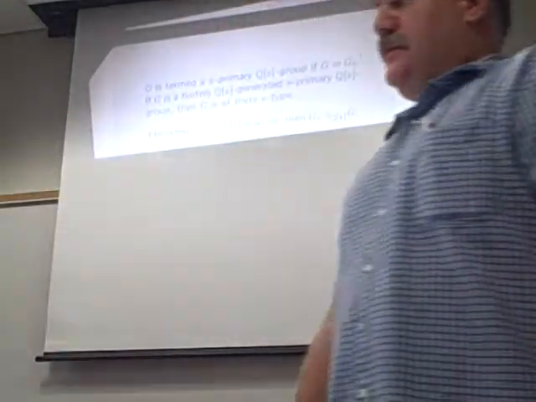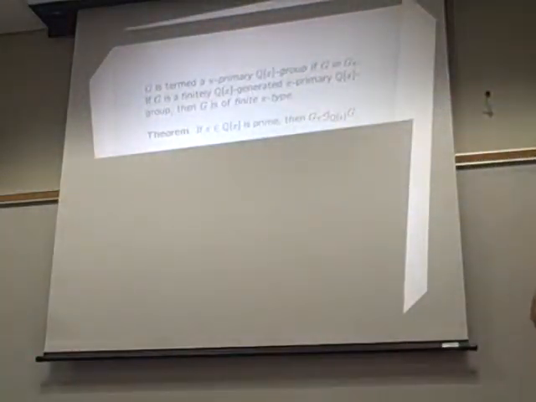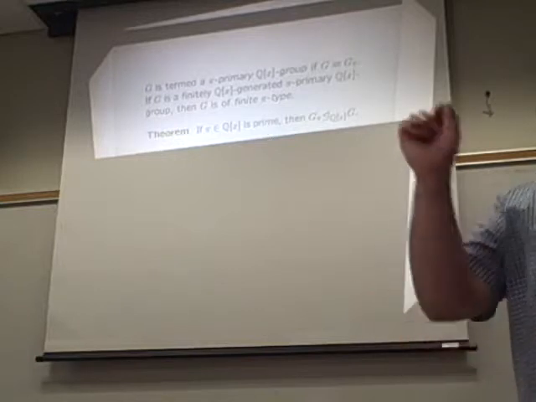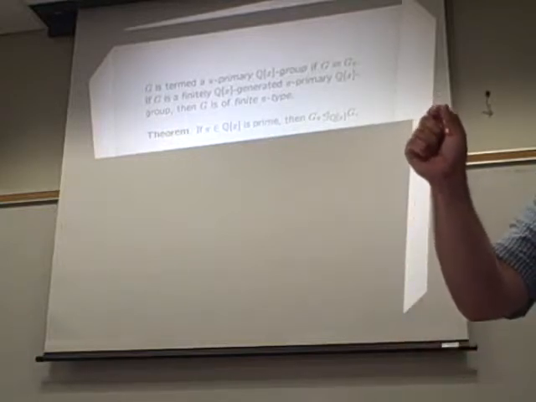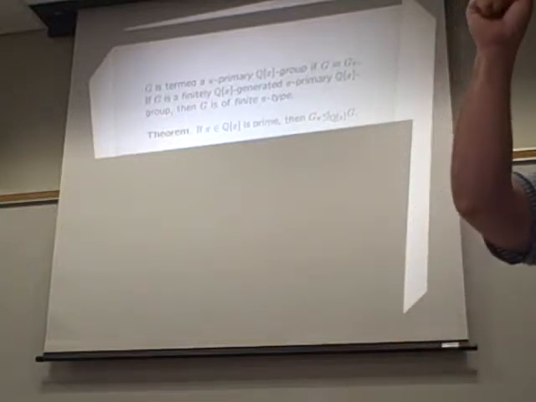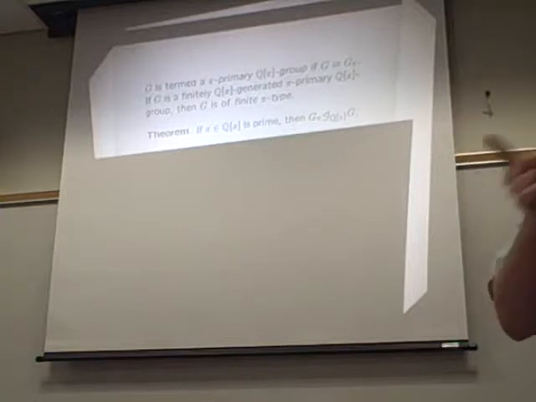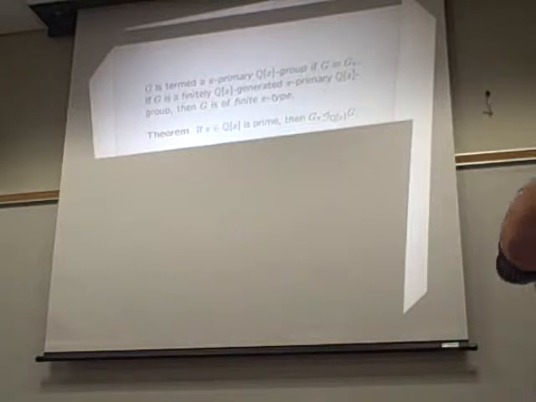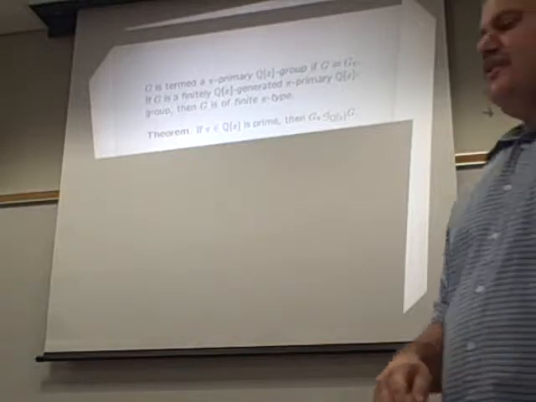It turns out, after sweating it out, one can prove that if pi is any prime, then G sub pi is actually a normal subgroup of G. Now this is not obvious at all, because let's think about it. If you take two elements which have the property that when you raise them to a power of pi, you get 1, how do we know the product of the two elements does the same thing? Well, clearly if it's abelian, it's easy. But if it's not, now you've got to sweat it out. But it's true, it does it.